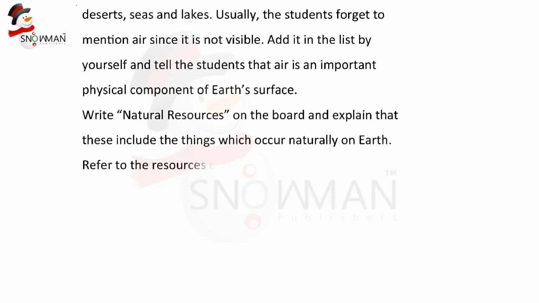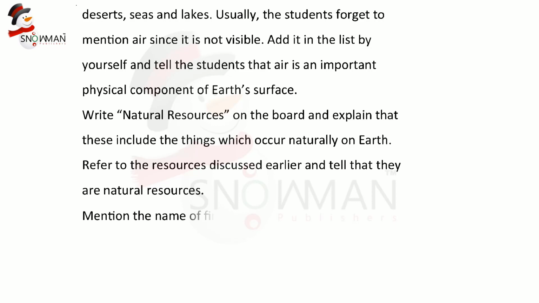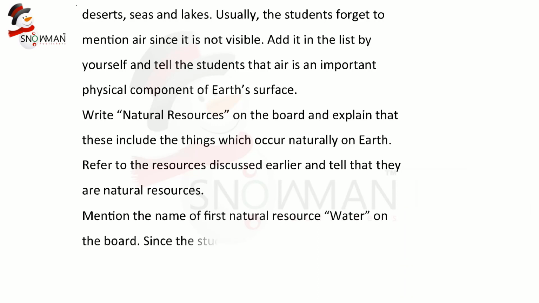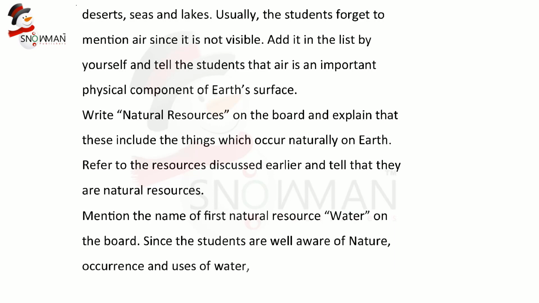Write natural resources on the board and explain that these include the things which occur naturally on Earth. Refer to the resources discussed earlier and tell them that they are natural resources. Mention the name of the first natural resource, water, on the board. Since the students are well aware of the nature, occurrence and uses of water, use their previous knowledge to discuss this